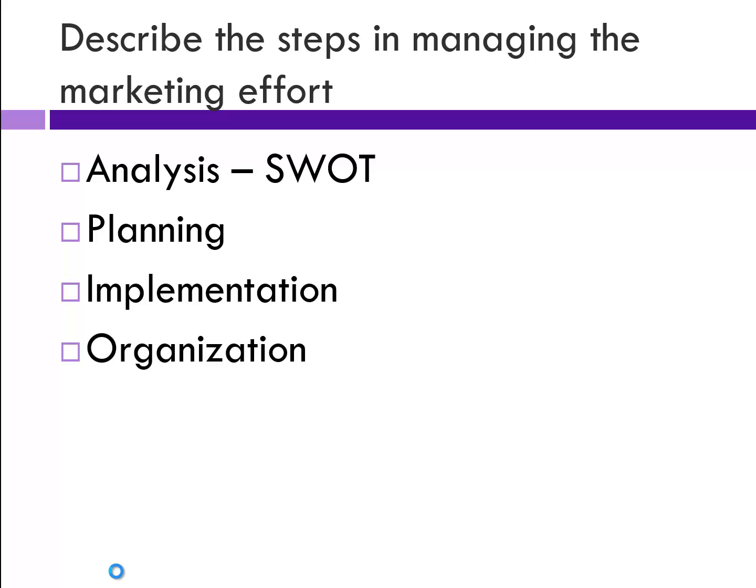Organization, how am I going to organize, how am I going to allocate my resources here to get this done? Who's responsible for what steps of the process? Who's accountable for what? And so this is just getting the resources to where they need to be. And then the last step is control. This is where you go back and you say, okay, in the planning stage, I said I wanted to achieve a 3% market share growth by this time. In the control, you go back and you say, did I do that? Did I achieve that? And this is because we talked in the last chapter about how we're increasingly accountable for